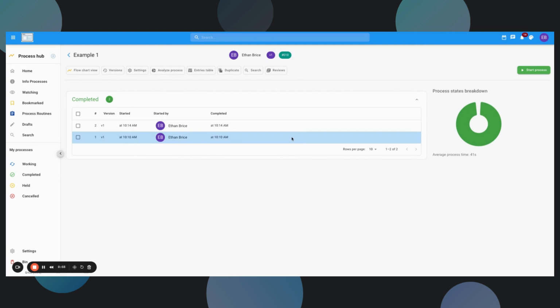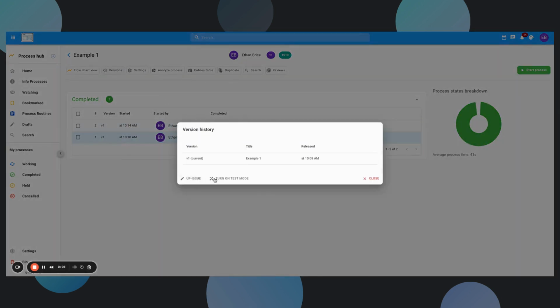If you would like to change the process, you have to go to the Versions button in the top left. You then have 2 options. You can up-issue the process, which triggers an up-issue which allows you to change the process steps, or you can